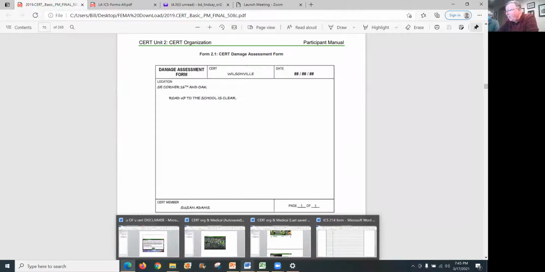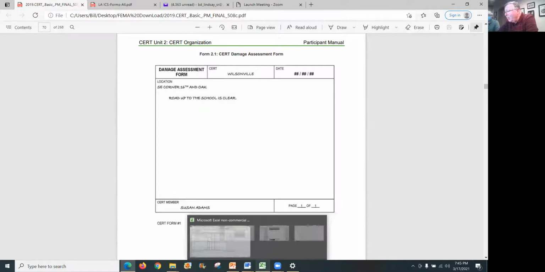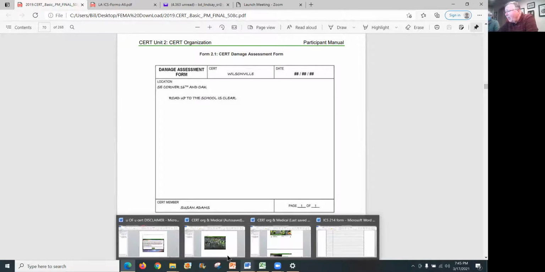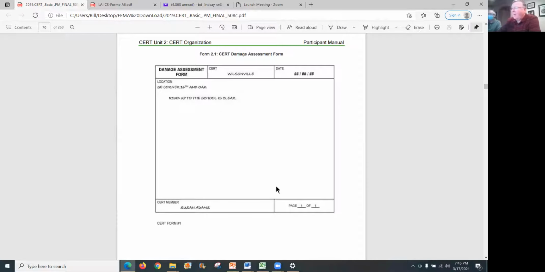I stole this from, where did I put it? I don't have it open yet. I'll have to get it. It's a form. I'll find it and get it to you in a little bit. It's the form that has address on the left side or unit of if you're in an apartment.